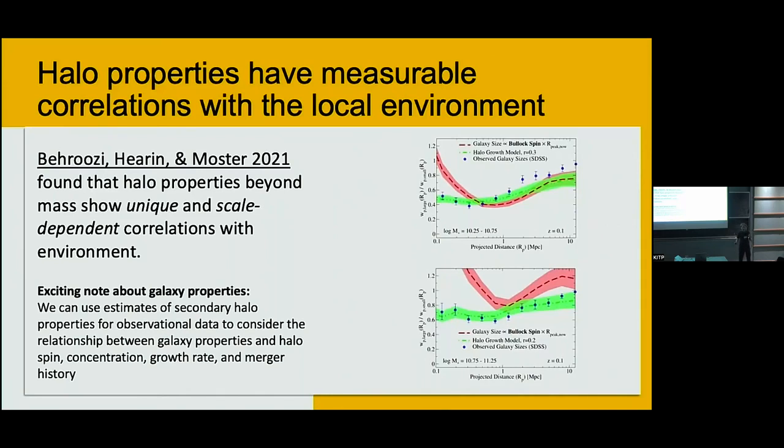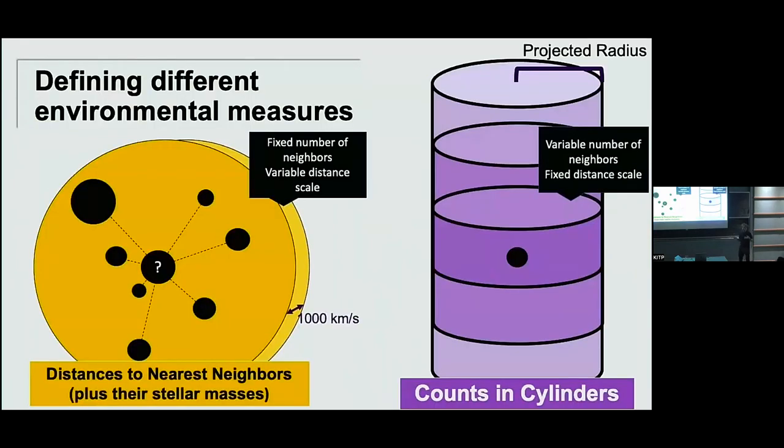So there are a lot of different ways that we can measure the environment, though, and there's a lot of different information there. One of the things that we've been talking about at this workshop conference is having high-dimensional data, like an image of a galaxy, and how do we put that into a piece of information that we can actually use, like a summary statistic. And so we don't necessarily know that the distance to the fifth nearest neighbor or the two-point correlation is the best number to relate our halo properties to the environment.